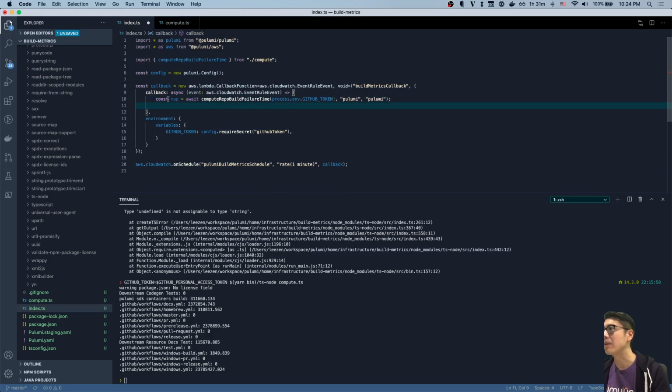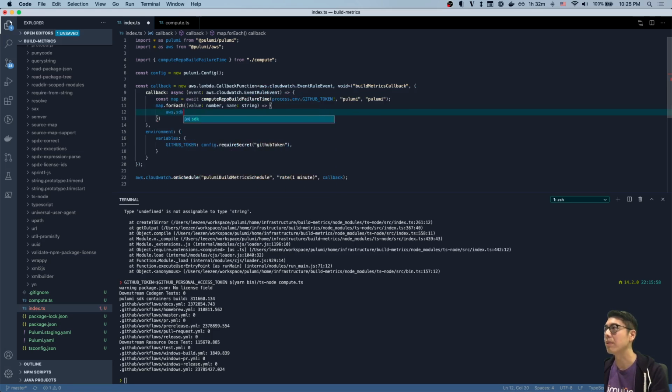And now we can iterate through this map and post to CloudWatch. So here we can do the value, and this is the name, and we can do